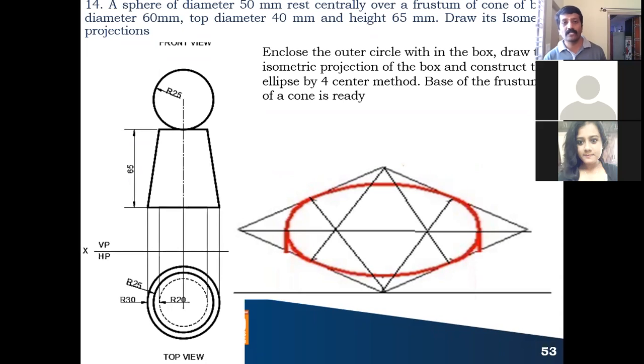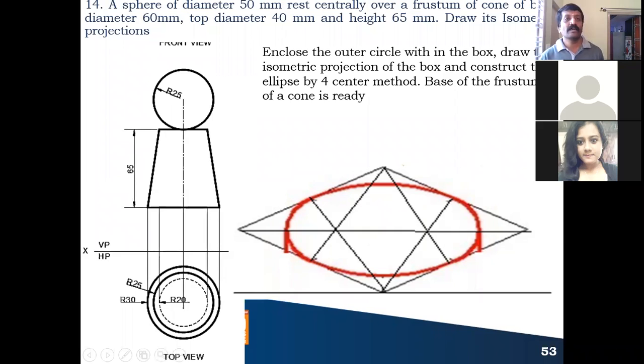So here also 2 ellipses we need to consider. What is the question? Given a sphere. A sphere is very easy. Whenever the sphere comes in the combination of solids, you should think of only the bottom solid. Once you complete the bottom solid, from the center you have to take the vertical axis line. On that, take the radius on the isometric scale, and from that as the center draw the circle. So the sphere in isometric position is very easy.